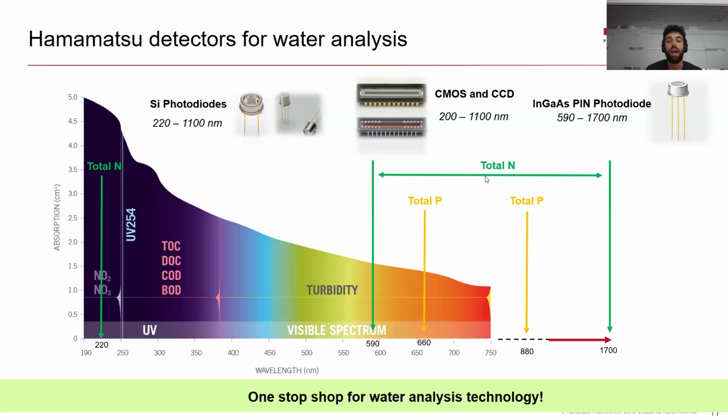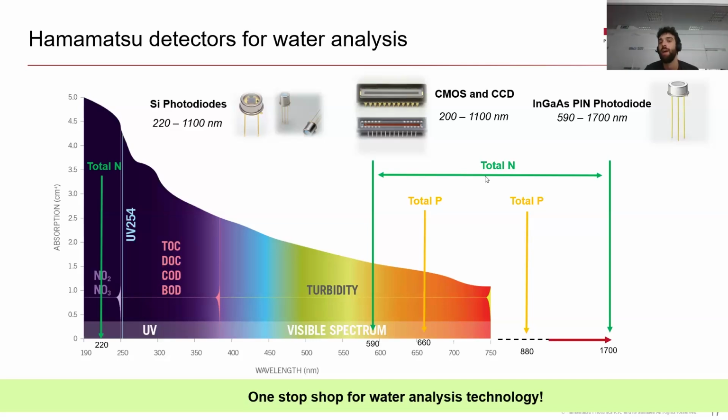If you want to go in the near infrared instead, so you want to do your water analysis in the near infrared, where you can, for example, measure the total nitrogen content in a water sample between 590 and 1700 nanometers. Or if you want to measure the total phosphorus content that can be measured at 660 or 880 nanometers, you may want to consider using InGaAs PIN photodiode for single wavelength detection, or even InGaAs arrays that are